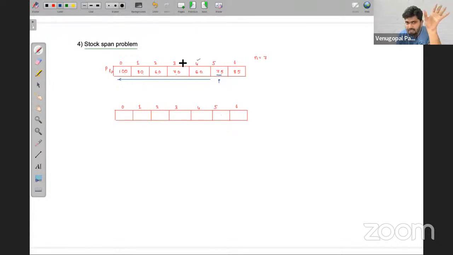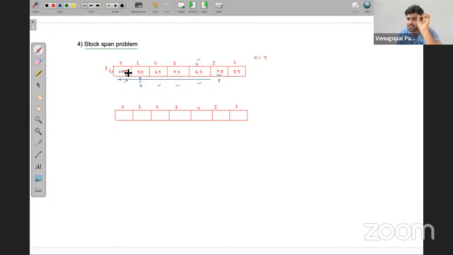From here, see how many days consecutively the price is less. Now if you take this 75, see its previous 60. Yes, it is small. Next it is 70, it is also small. Next it is 60, it is also small. But if you take this 80, now 80 will not be small compared to 75. Therefore, we cannot take it. But after that, if you get any day which is smaller than 75, you won't take